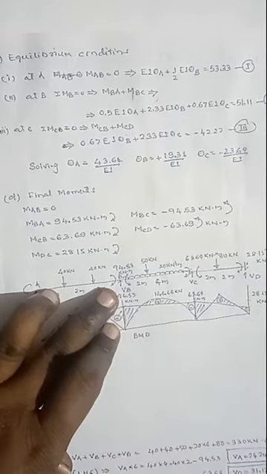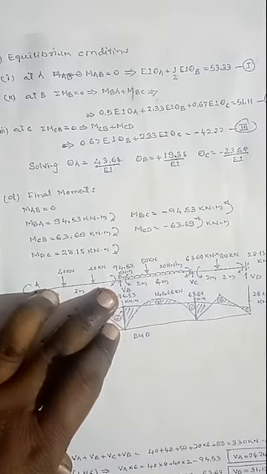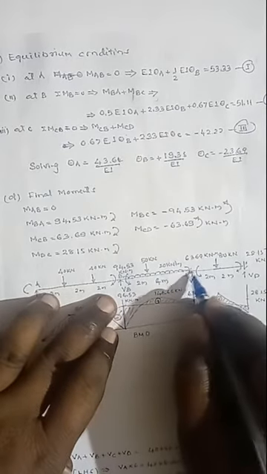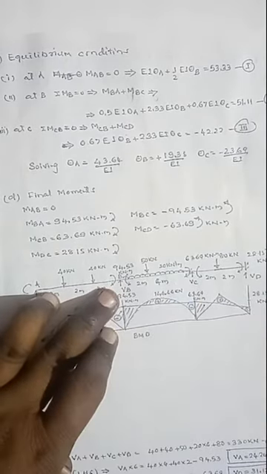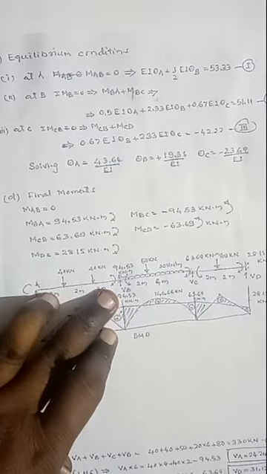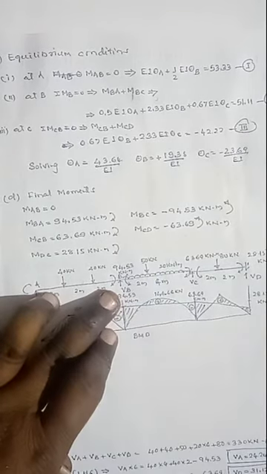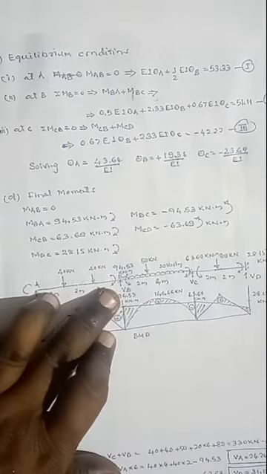Then the moment due to the point loads is clockwise, 80 into 8 plus 80 into 8, and the summation of these two moments is 0. Then the moment due to the UDL is clockwise, 20 into 6 into 3. Similarly 50 into 2 plus 50 into 2, that is also clockwise, but here there is an anti-clockwise support moment, that is minus